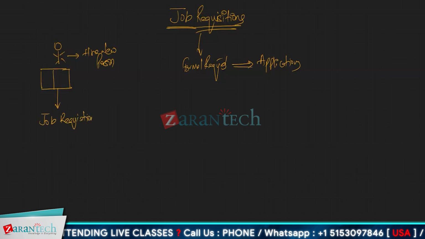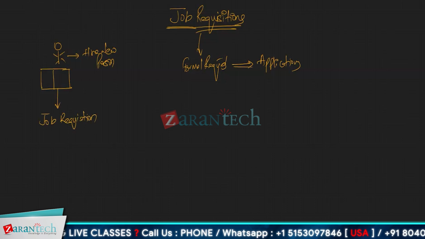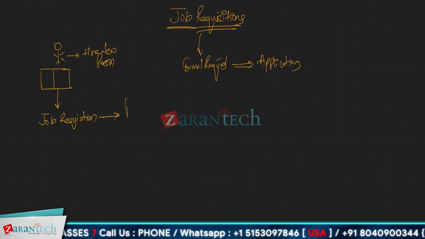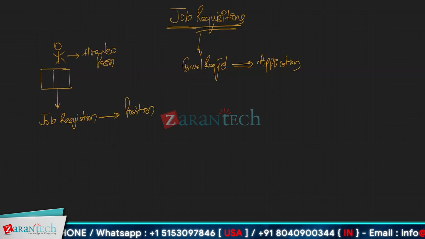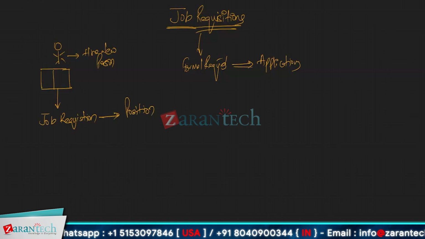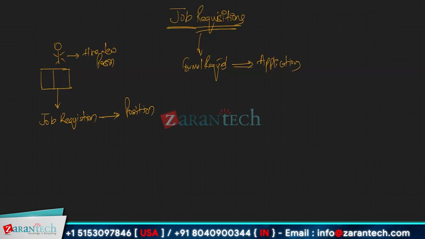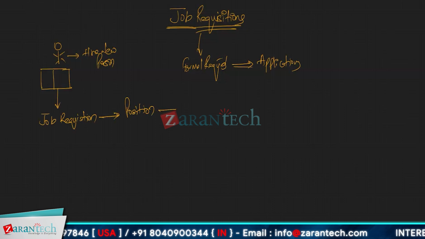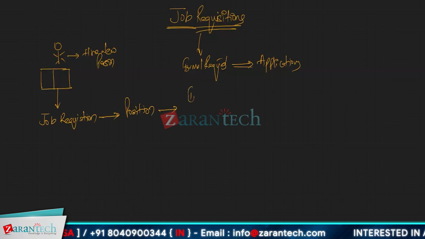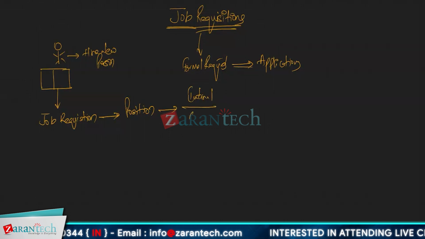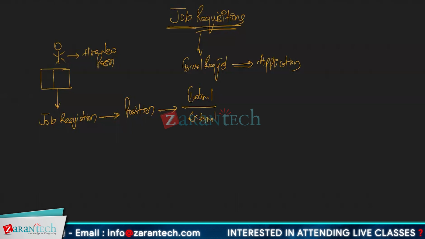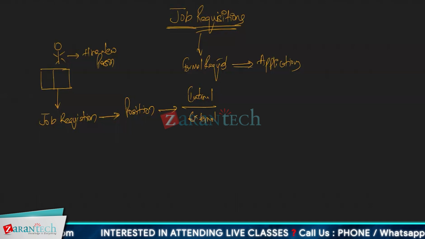So in the job requisition, you're basically saying that I want to hire a person into this particular position that I have in my organization, and I want this position, this job vacancy, to be posted in internal and external career sites. So when I say internal and external, if you're familiar with how corporates work, whenever there is a new job opening, sometimes some organizations do allow you to change jobs internally. For example,